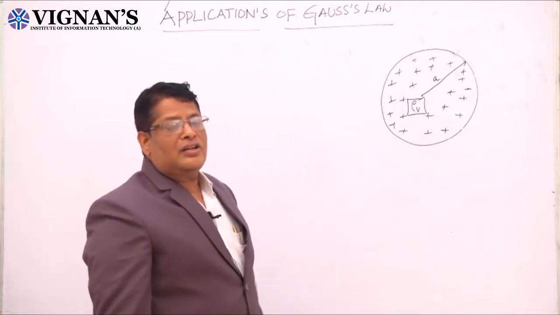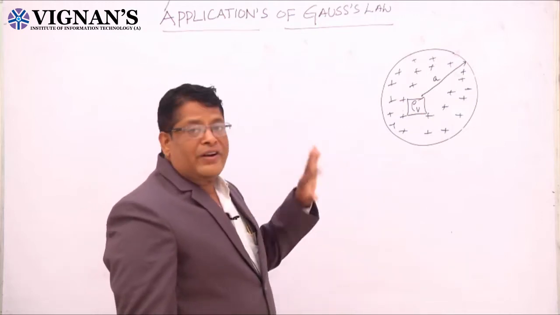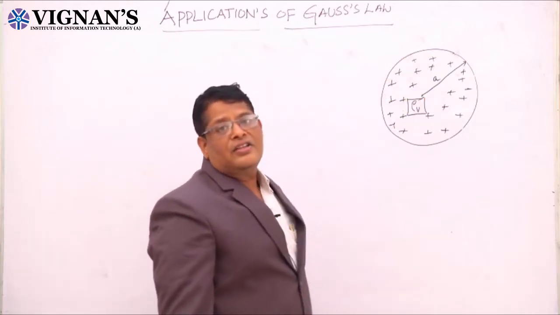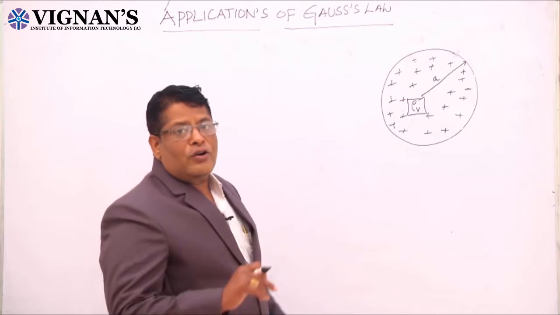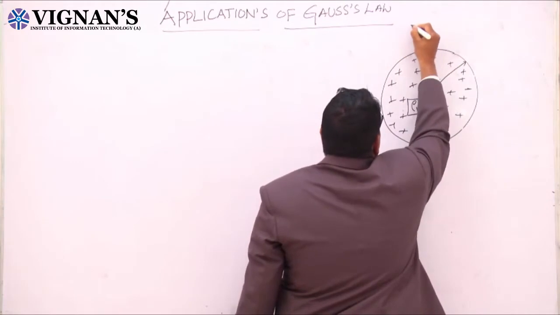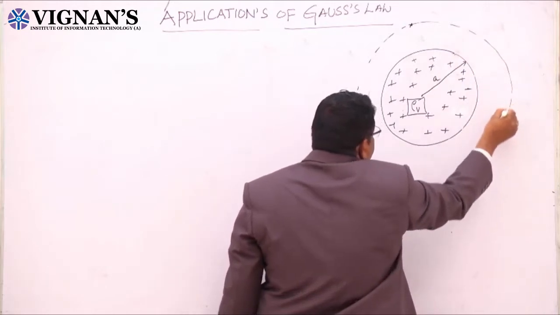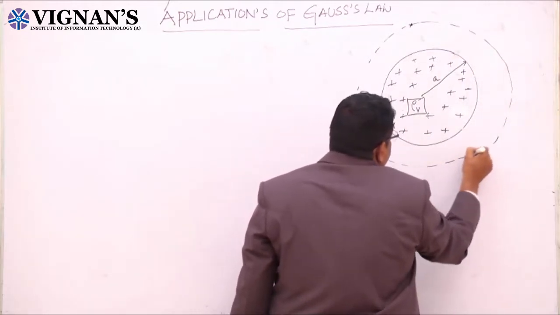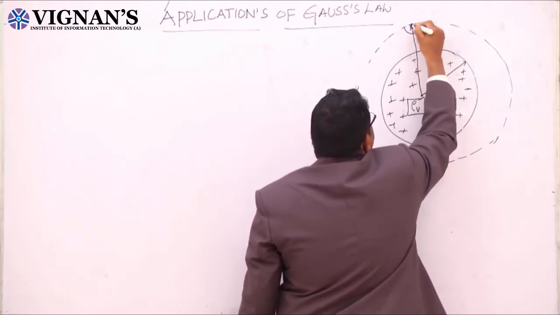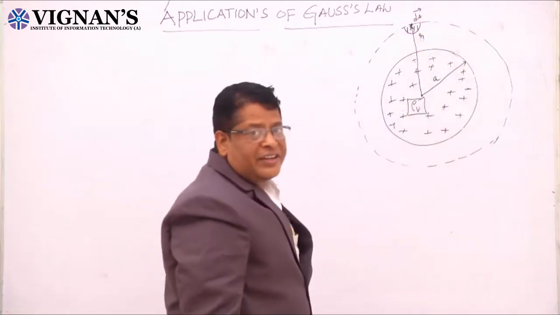In this case also, we are trying to find the electric field intensity in three different cases: outside of the sphere, on the sphere, and inside of the sphere. In the first case, we want to find the electric field intensity outside of the sphere. So here you take the point P. Again you select a Gaussian surface as a sphere with a radius R. This is the differential surface area ds bar.